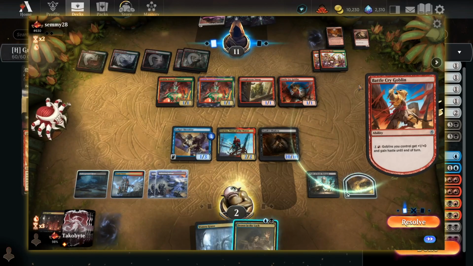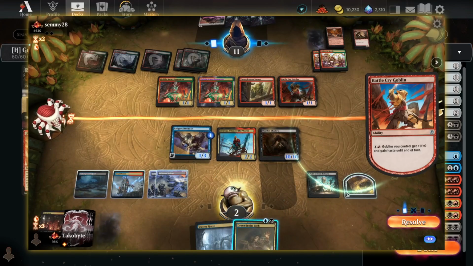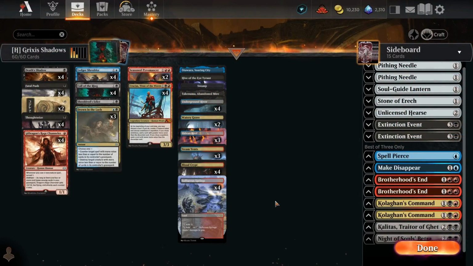But accidentally clicking resolve all there lost me the game, which I feel like we had a pretty good chance of winning, especially with the copy of Death Shadow, and so that was kind of unfortunate. And then we lost to an Abzan Drain deck. It's actually my first time losing to an Abzan Drain deck, and that was a bit of a surprise, but